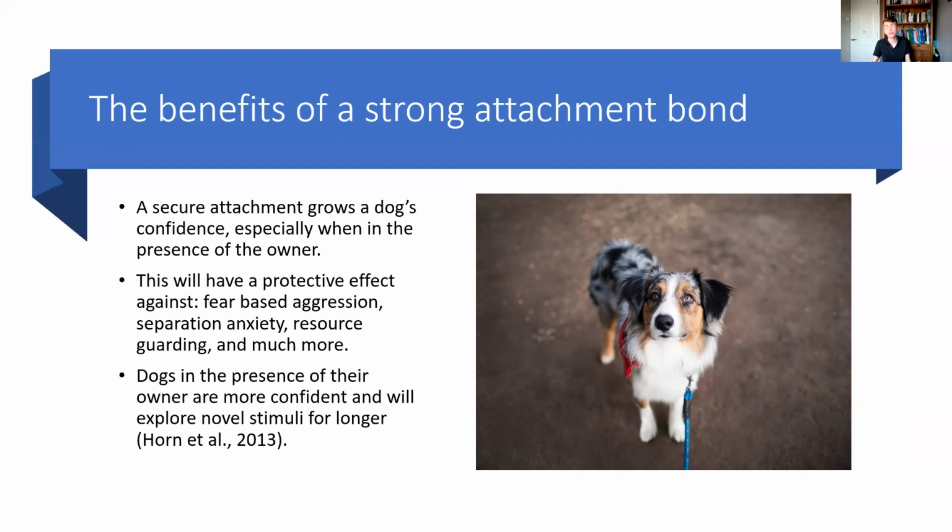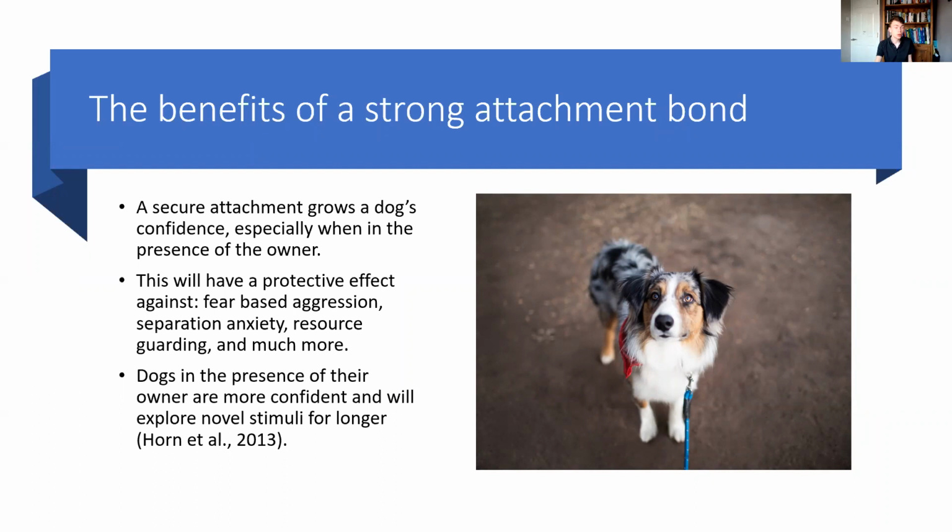And also when you're overcoming issues in dogs, building up a strong attachment bond is going to help with that as well. It may be that the dog's not had a strong attachment bond in the past, or it may be that the dog struggles to form a strong attachment bond, and you need to do perhaps a little bit more work than you would with an average dog to form a strong attachment bond. So having an attachment bond is key.